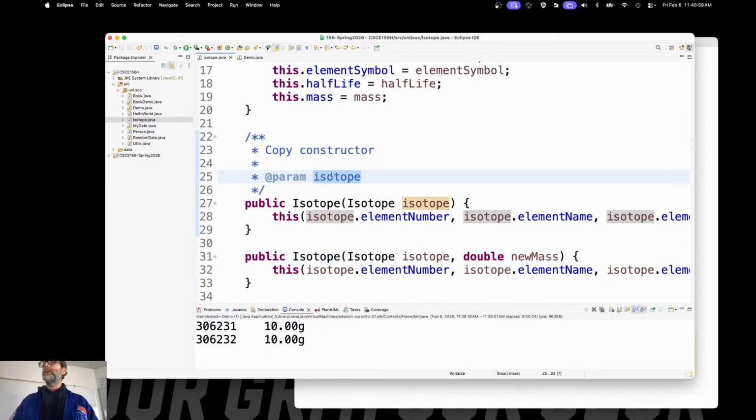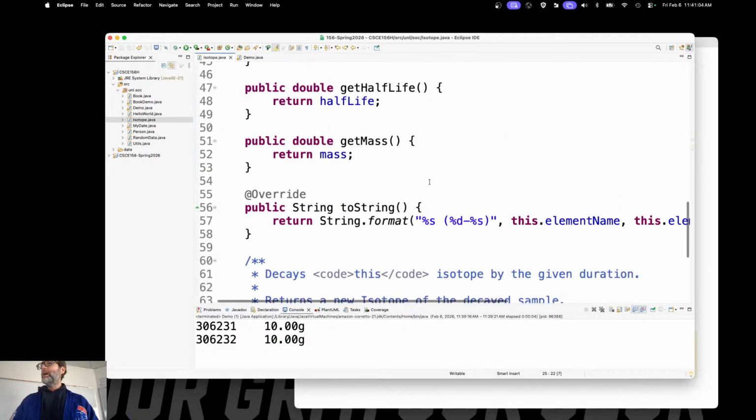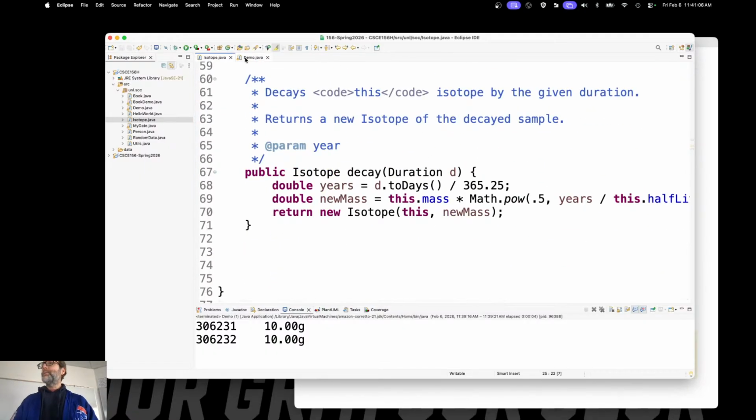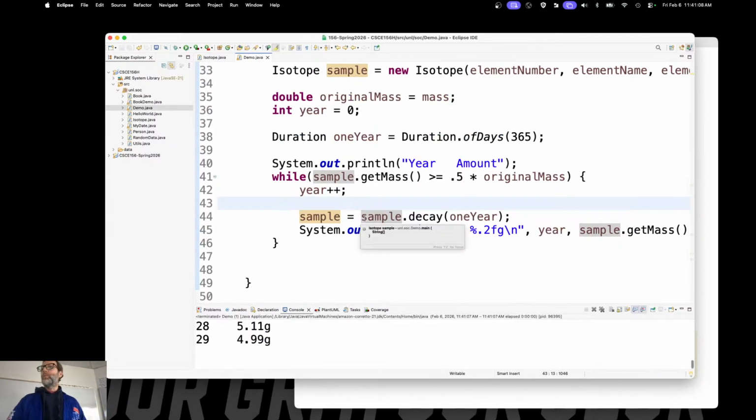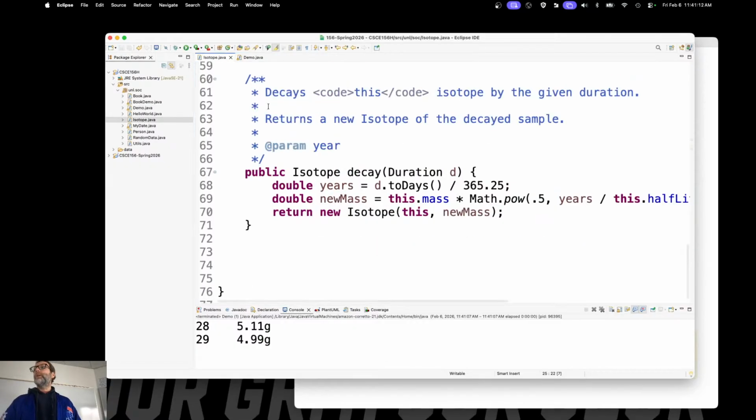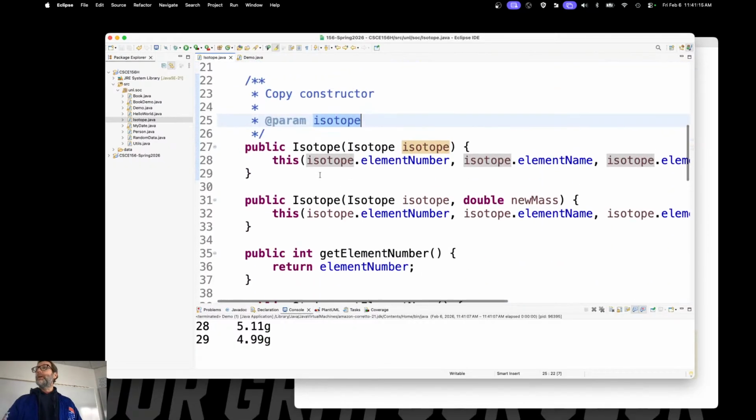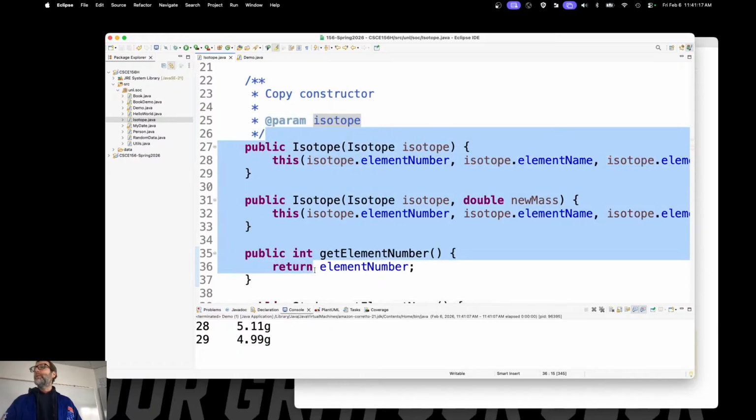By the way, it also changed it in my documentation. Smart IDE. Right? All right, down here, now it works. And my demonstration is back and working as well. Right? All right, copy constructors, really, really useful. Hint, hint, right? Not for this phase, but for future phases, you are going to want to have copy